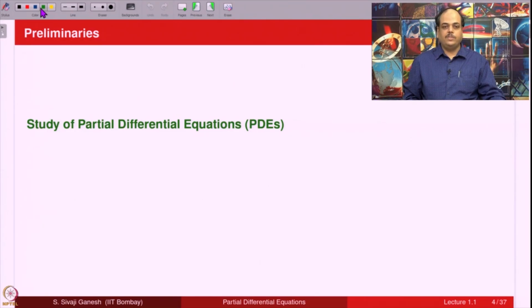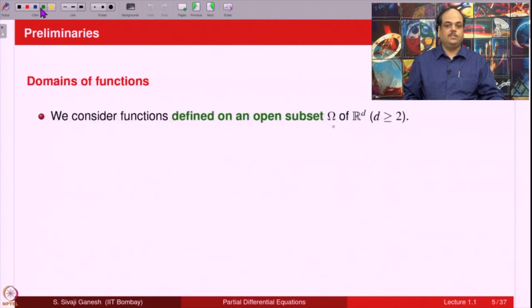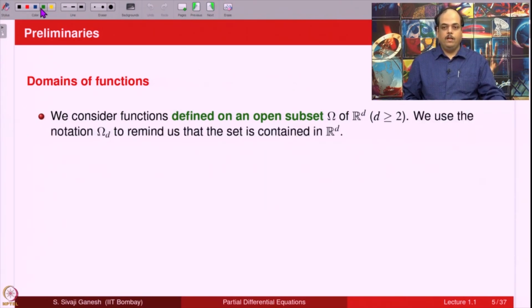So, study of partial differential equations involves functions of several variables, and the theory of differentiation and integration for such functions. Therefore, let us discuss what the domains of those functions are going to be. We consider functions defined on an open subset omega of R^d. Since we are studying partial differential equations, functions are of several variables, therefore d is greater than or equal to 2. We use the notation omega_d to remind us that the set is contained in R^d,